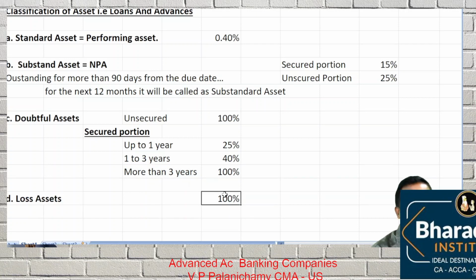Next one is loss asset. What is a loss asset? We have given the loan, but the identity of the asset is lost. What do you mean by identity of the asset is lost? For example, you have given a personal loan based on the salary slips. And the person who borrowed the money